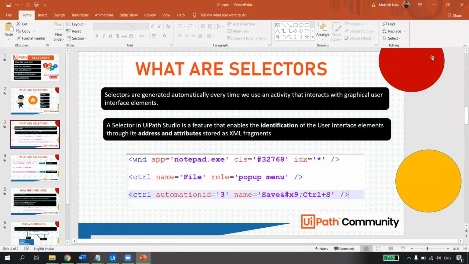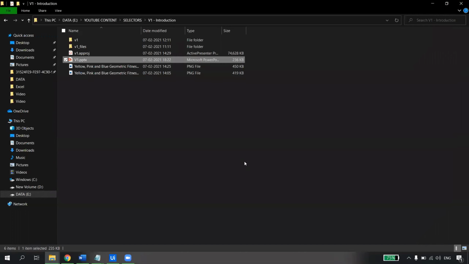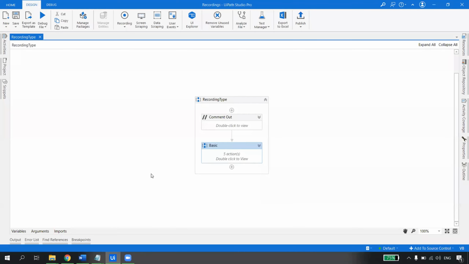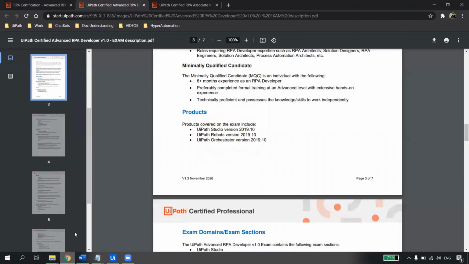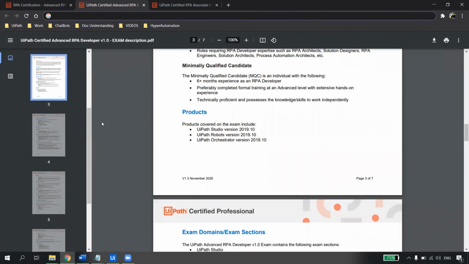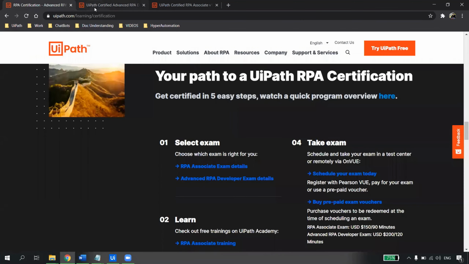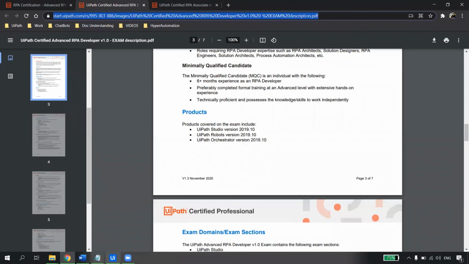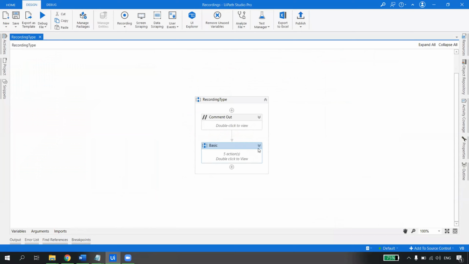If I ask what I am doing now, you will say you have clicked on Google Chrome. Now you will say you are typing Google. I am doing something with the keyboard and mouse. That is called user interaction. Whenever we interact with UiPath Studio, UiPath will generate a selector for me. Now let us see the selector in our case.